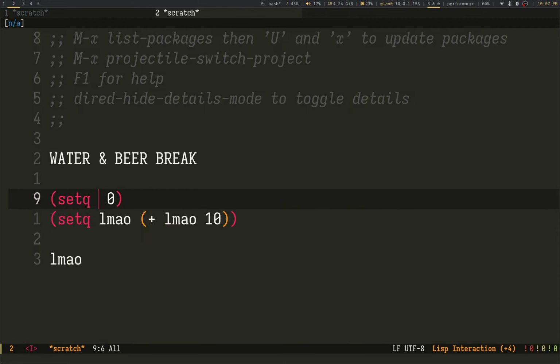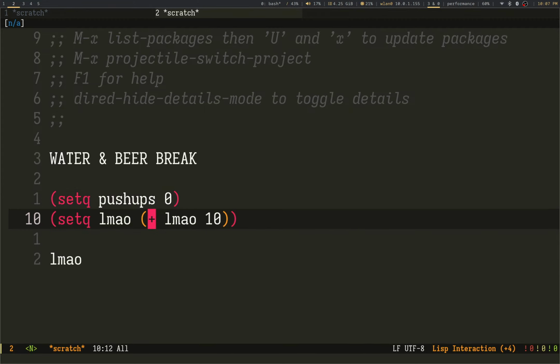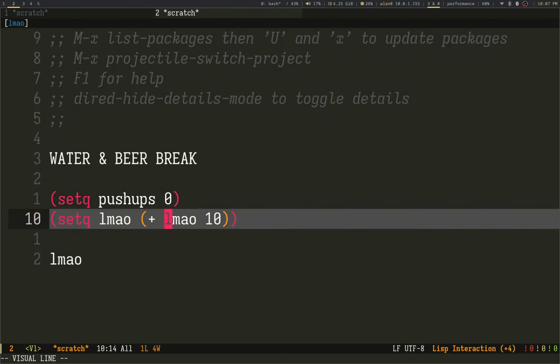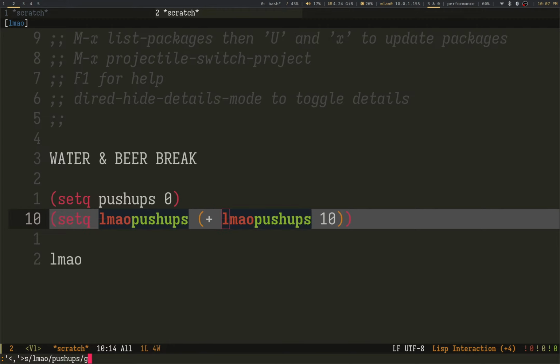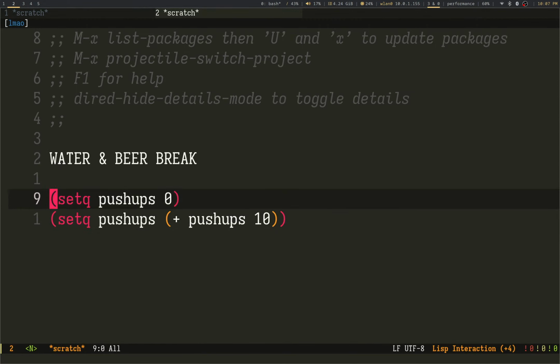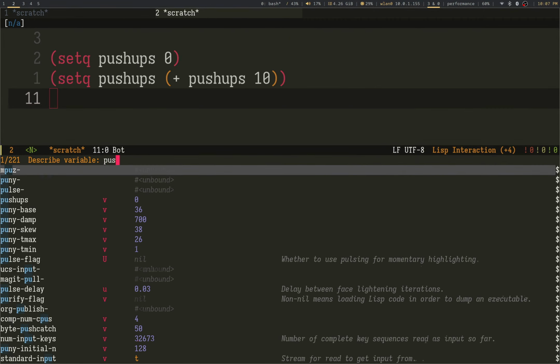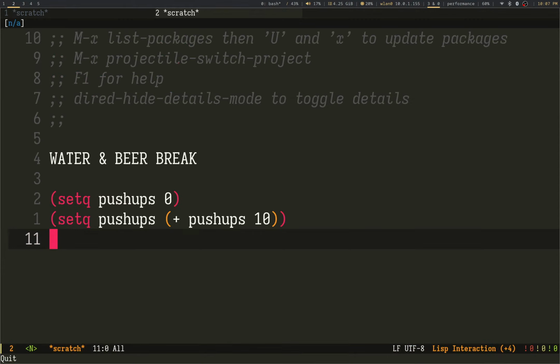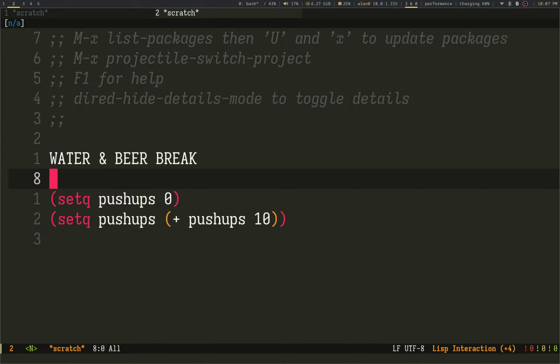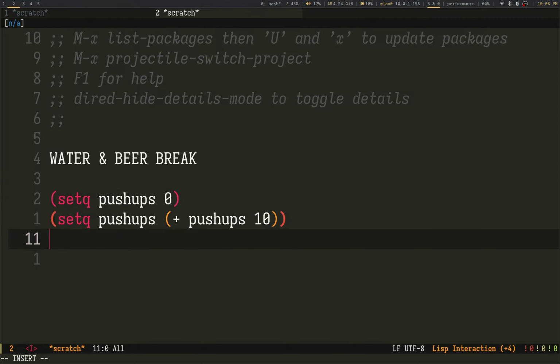Segfaults. We'll just say push-ups. Push-ups 0. This is why we do it. Oh, you know what? What do you mean root?